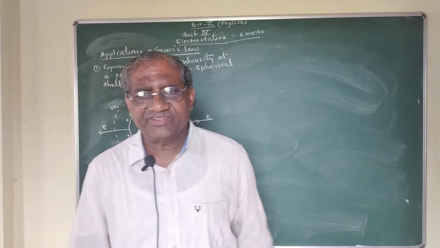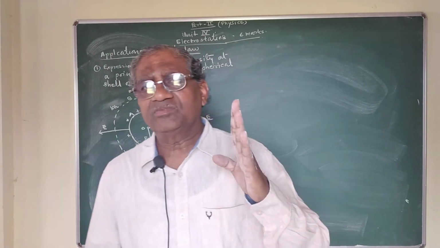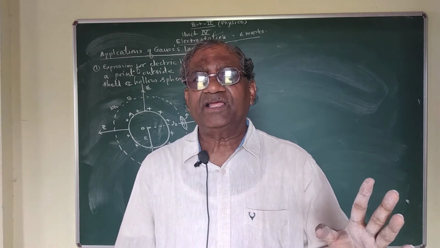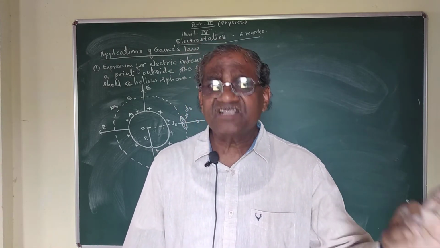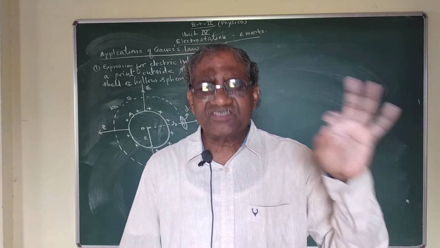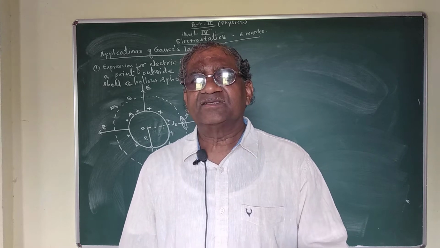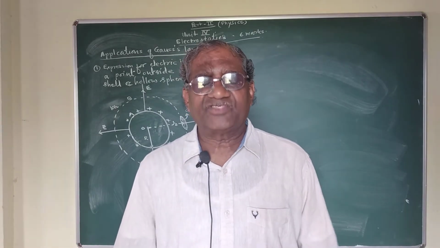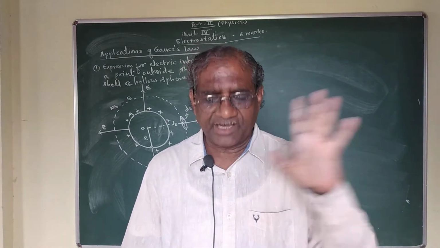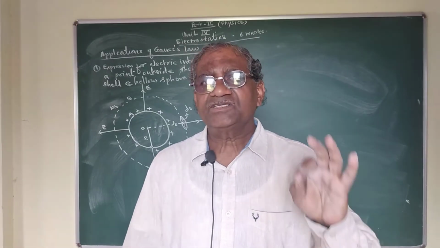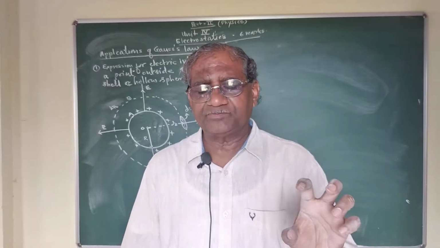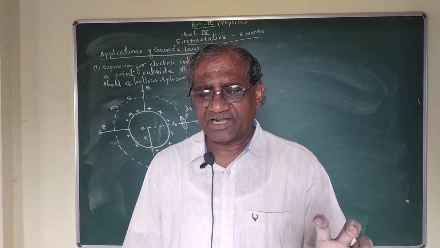In this way, there are three types of charge distribution on the surface of the conductor. One dimensional charge distribution, we call linear charge distribution. Two dimensional charge distribution, we call surface charge distribution, and three dimensional charge distribution, we call volume charge distribution. Now, first we have to explain what type of charge distribution is on the surface of the conductor. This is the first point.